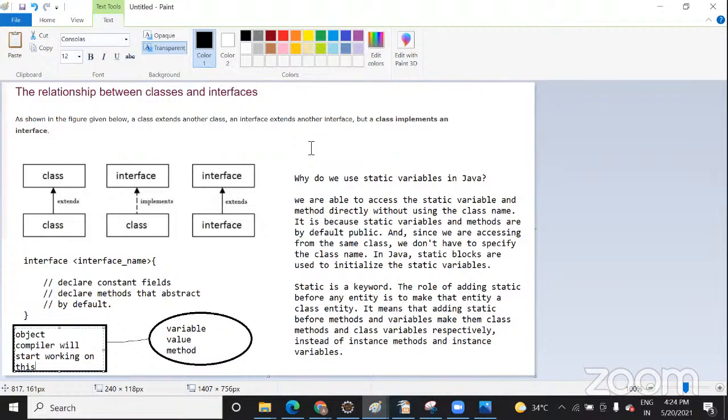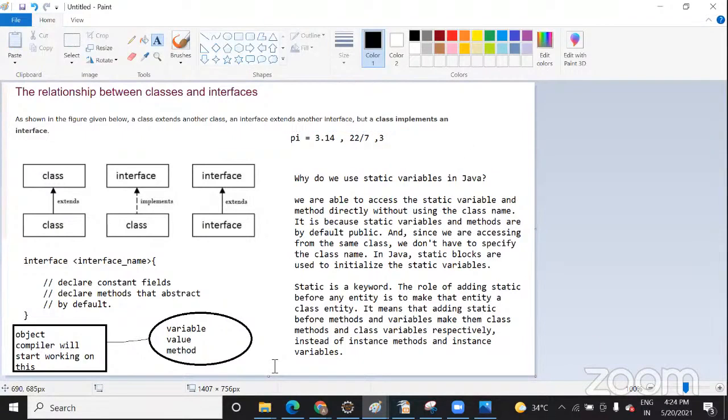But if I say that instead of 3.14 or 22 by 7, you use 3, don't use 3.14 because it will give a decimal, then it will give an error because you can't change the value. You can only use it. So that is the reason.